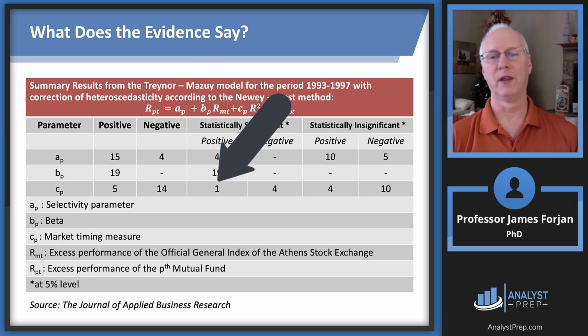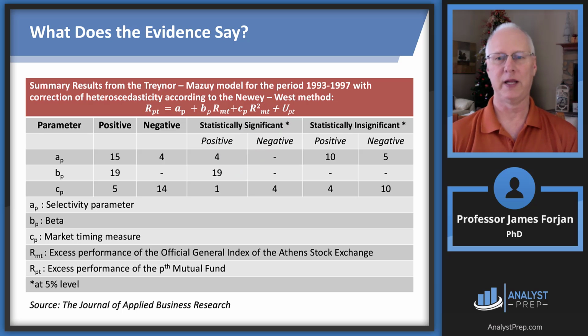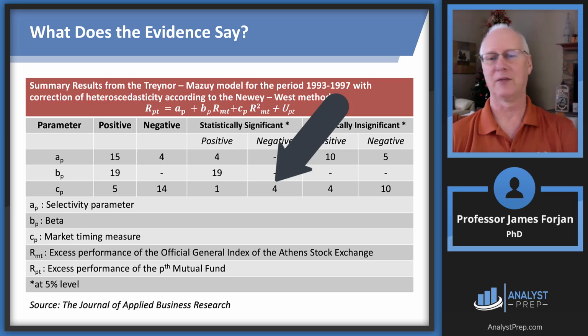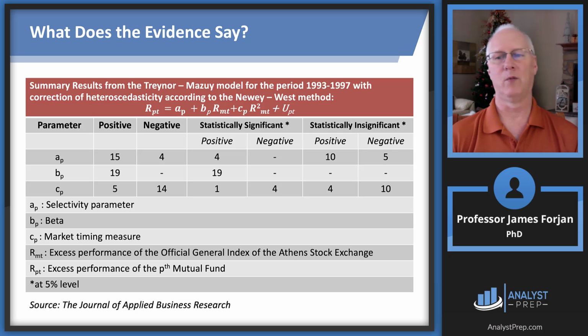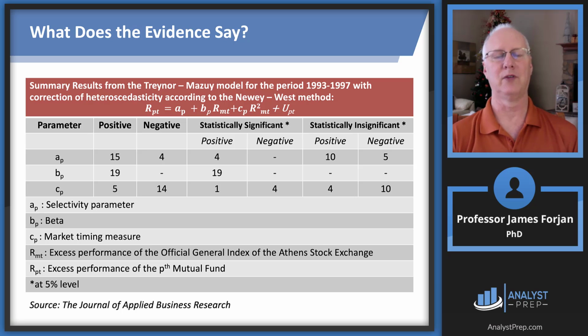Look, only one of the 19 showed the ability to statistically beat the market. Four were negative, so that's probably just turnover or whatever that can be attributed to. But look, the majority of them were statistically insignificant. And so this is not too surprising because, you think about fund managers, not just in Athens, but all over